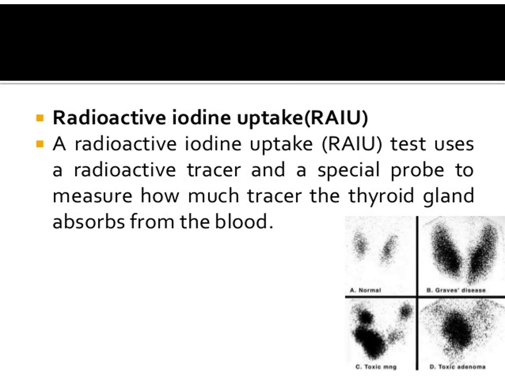the radioactive iodine. And what happens in toxic multinodular goiter? There will be increased uptake in certain thyroid nodules, and reduced uptake in certain nodules. This leads to a multinodular representation. A toxic adenoma, also called a hot nodule, shows increased uptake of radioactive iodine in the thyroid, in the toxic adenoma or solitary nodule.